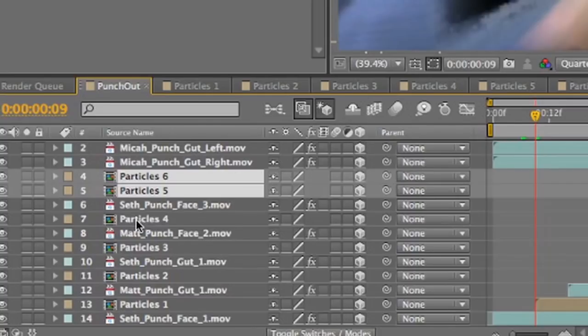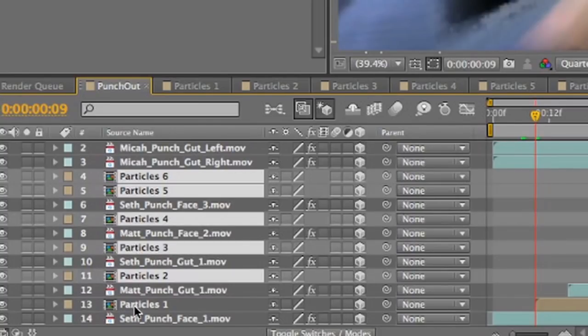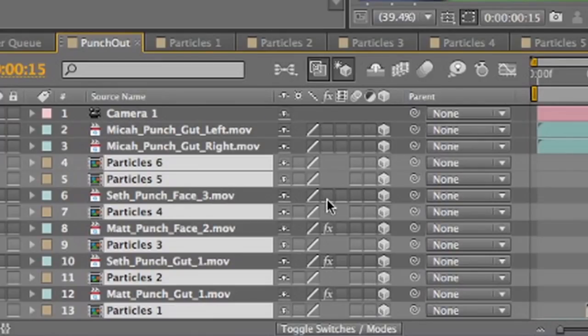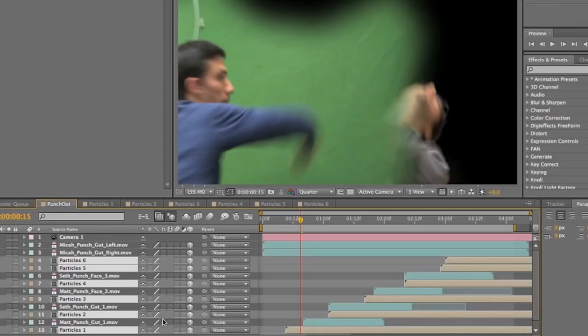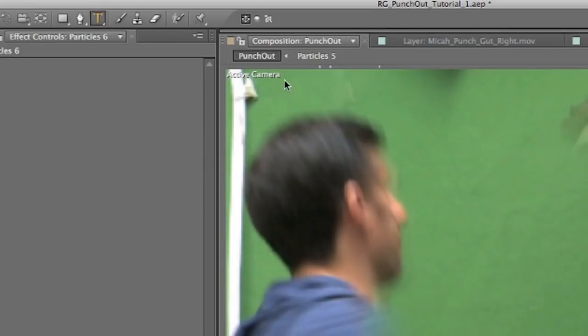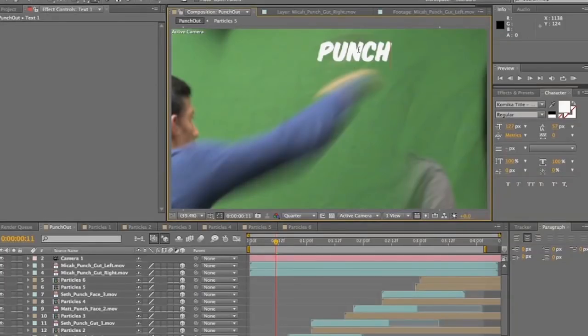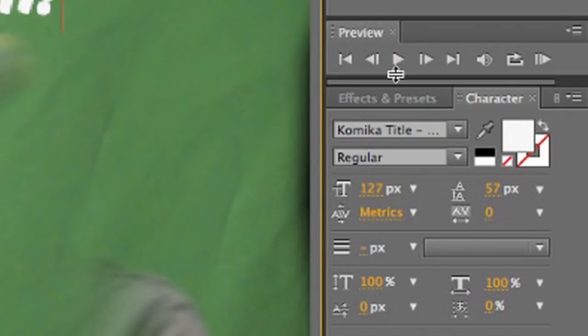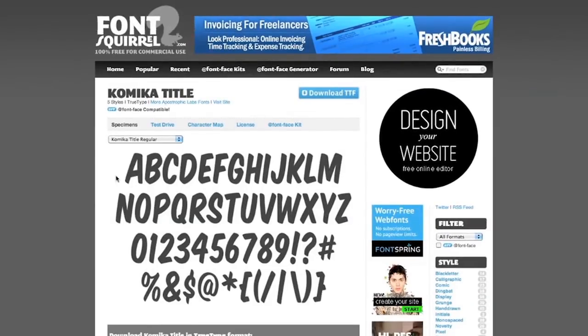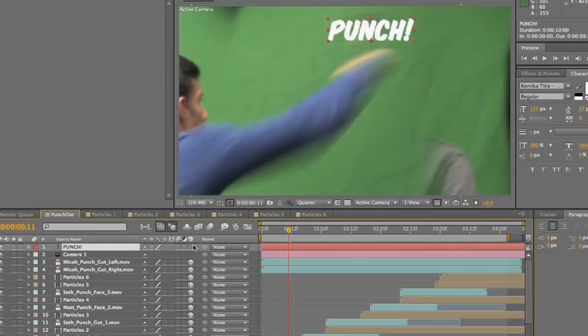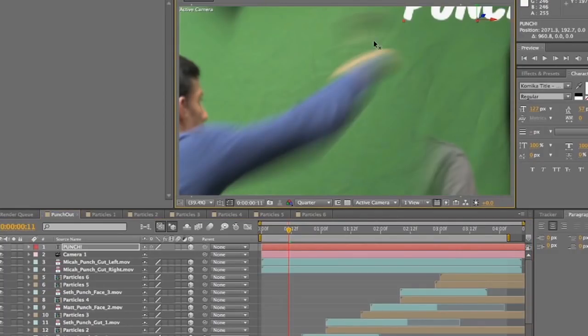So then we're going to add our titles, and we're going to start by selecting all of our particle layers and turning them off. We're going to be utilizing a lot of the computer's power, especially my crappy computer. So then we're going to turn all of our effects off of all of our layers. We'll create a text layer. We'll say punch. Make sure it's in the font Comica title, which you can find at fontsquirrel.com here. Make it a 3D layer. Move it over to the general area of my face,